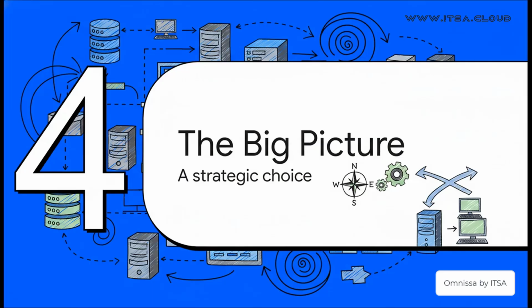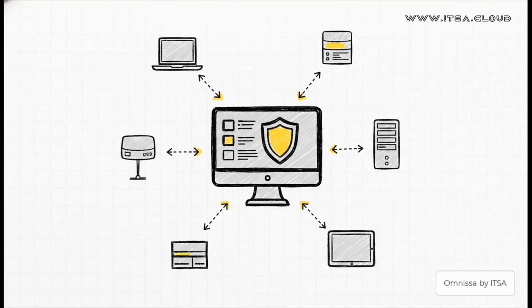So let's just zoom out for a second and look at the big picture. Because choosing a manual pool isn't just a technical decision in the moment. It's a strategic choice for your entire environment. And this is where it all comes together. The ultimate goal here is unbelievably powerful. By using manual pools, you can bring every single endpoint, from a basic VM to a beast of a physical workstation, under one roof. Everything gets managed and secured through that single pane of glass in Horizon.